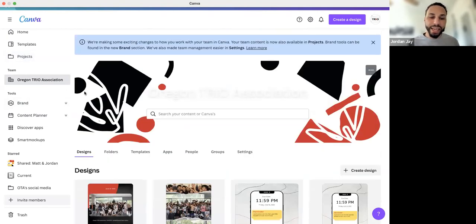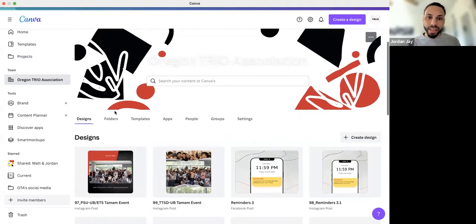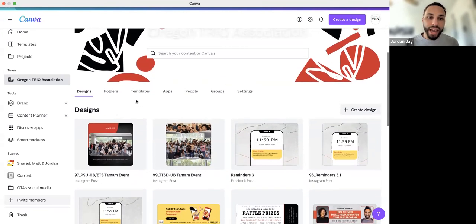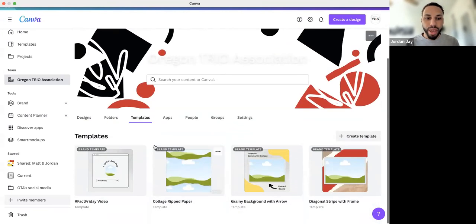And then Team here. This is what the team section looks like. You'll create a team with the pro version, and you'll have access to the brand templates.